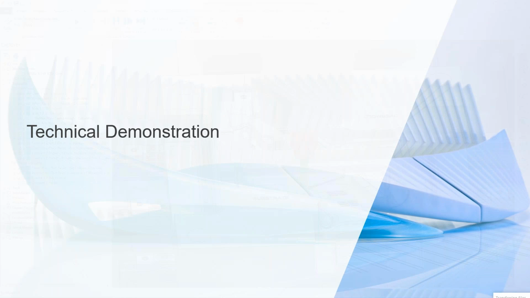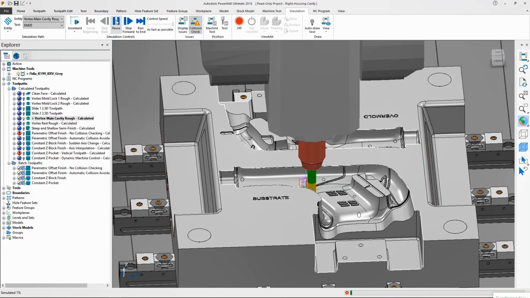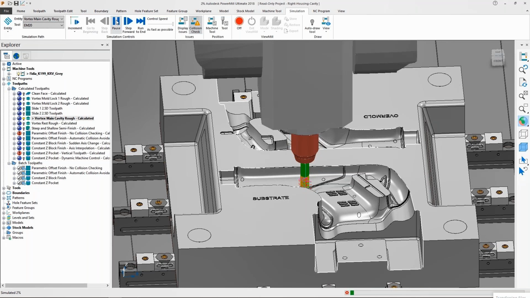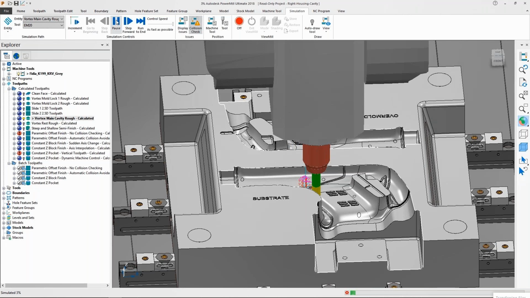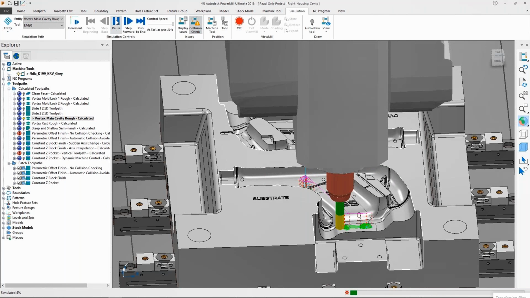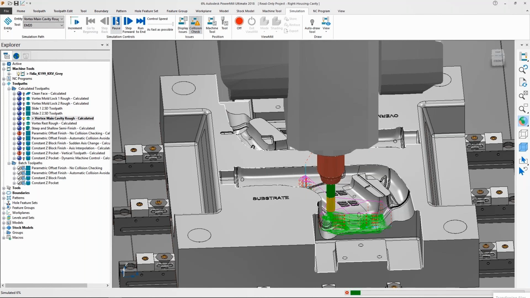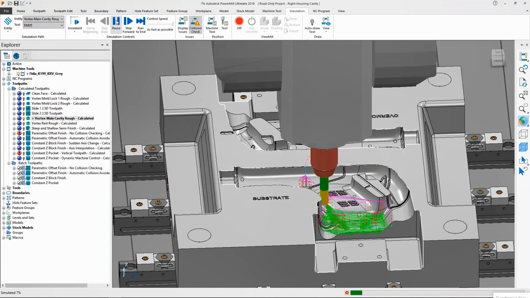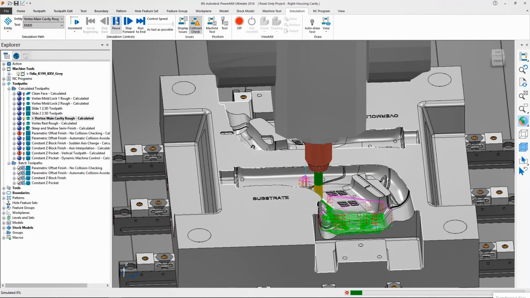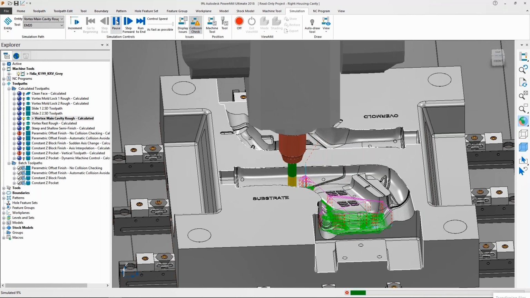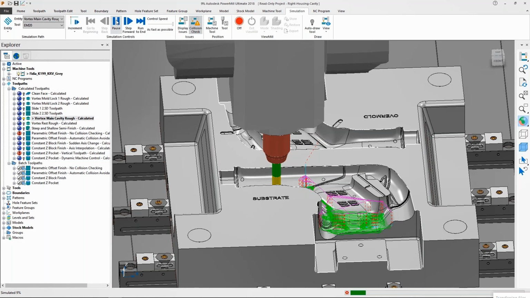So this is a technical demonstration which shows you the workflow of PowerMill. As you see, the part has been imported. As I said, PowerMill is also an AnyCAD software, so any kind of 3D CAD data format can be imported, and then you can create the toolpaths and the process workflow.